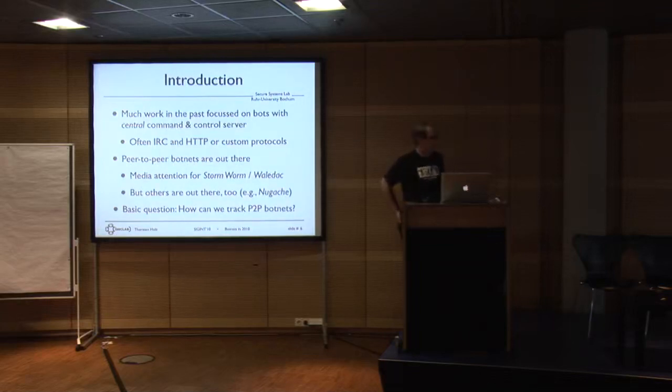Those botnets typically use IRC and HTTP-based protocols, but we also see more and more bots that use some kind of custom protocol where they have their own encoding schemes, use other ports or other things. But nevertheless, it's pretty easy to mitigate them once you know where the central CNC server is. There are many actions that took place in the past to take down this kind of botnets. There are many automated approaches nowadays to find those CNC servers and then to detect them either on the host or on the network level. So it's not that interesting to deal with those anymore, although they are still the most prevalent ones.